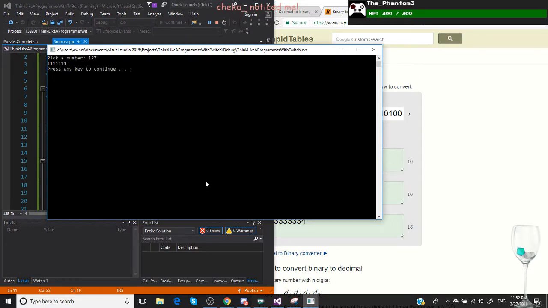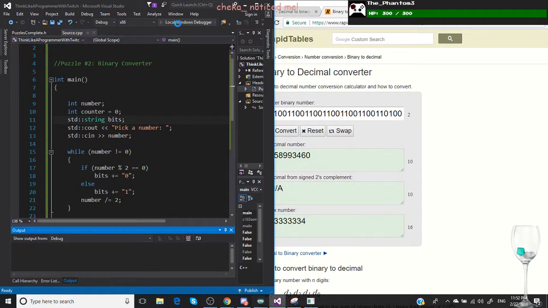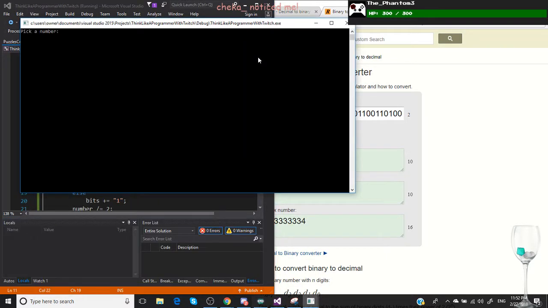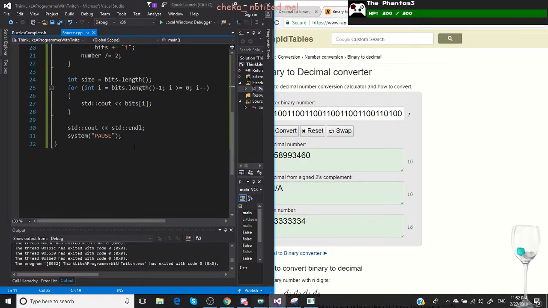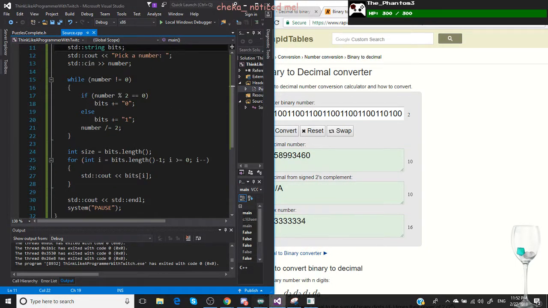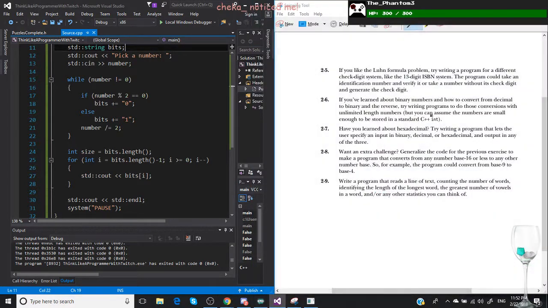Get almost all the ones. 128. 129. Yeah, there we go. Awesome. That looks right. Great. Got that done. Now we can check that off of our list, even though I kind of cheated. I feel bad, but